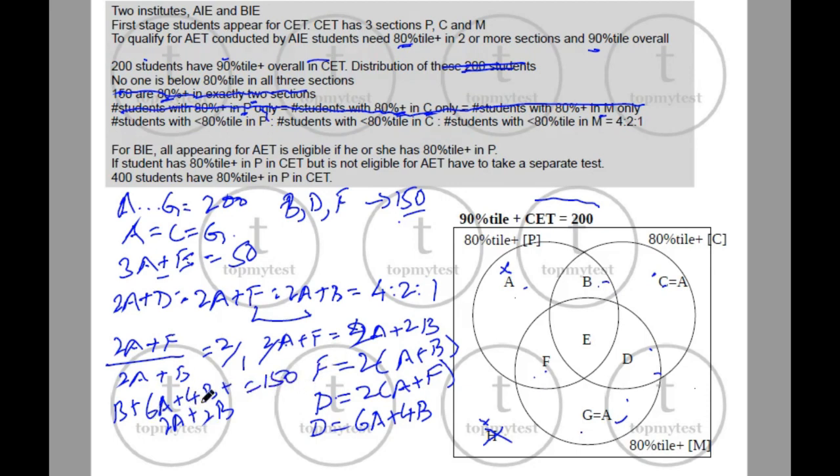If I rewrite this, you'll get 4 plus 2, 6 plus 1, 7, so 7B plus 6 plus 2 is 8, 8A equals 150. So we have some relationship between A and B. This is an equation which will have integral values. So we can solve this. Okay, so let's try to solve this.